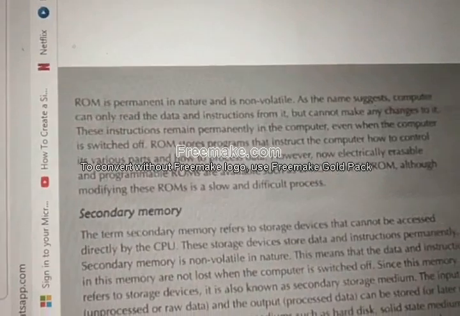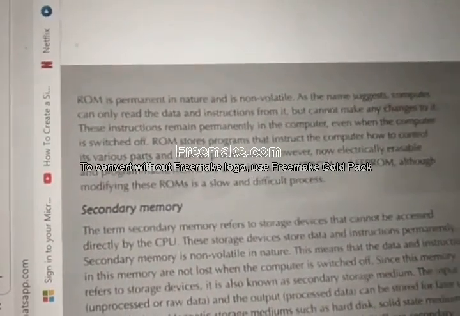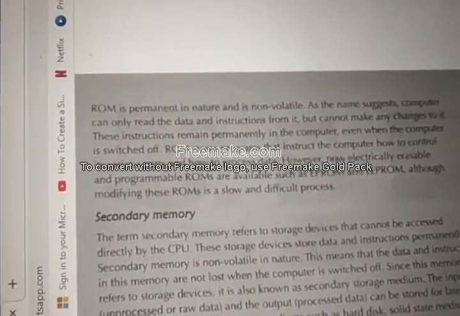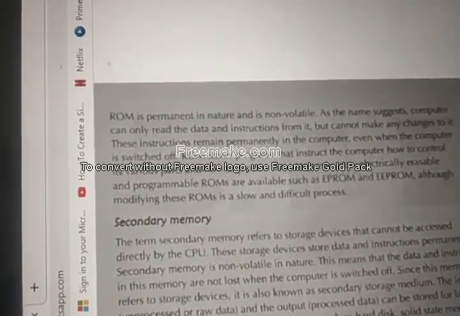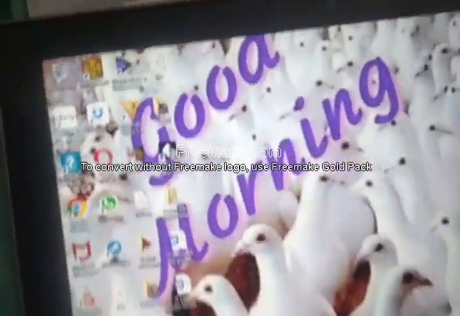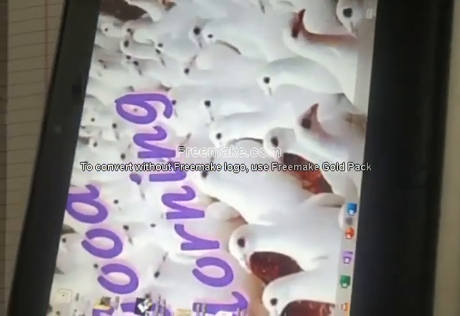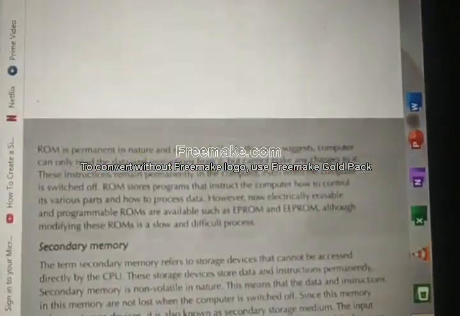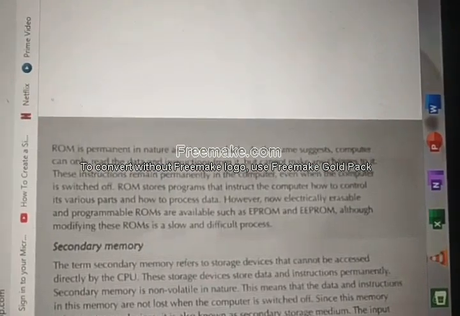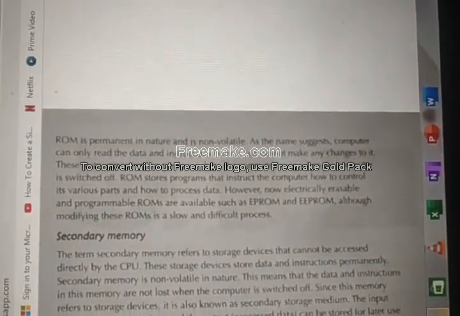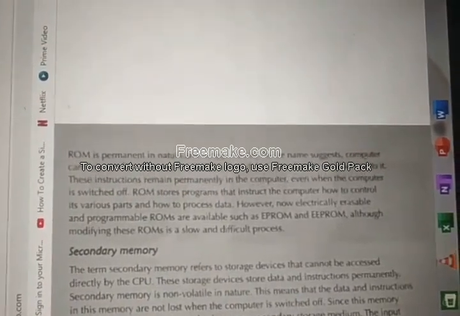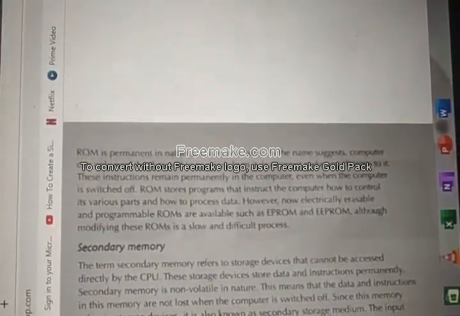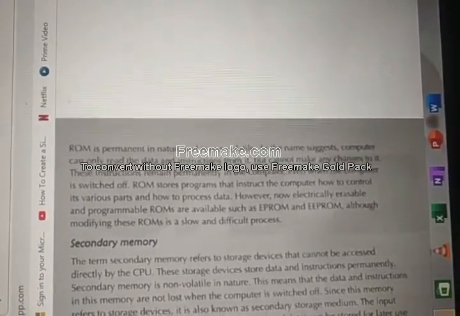When you switch on the computer and press the on button on the CPU, it boots, right? Windows opens and it logs in to your desktop. That process is called the booting process. For booting, a set of instructions is needed, right? For doing each and every process in a computer, what is needed? Instructions are needed.